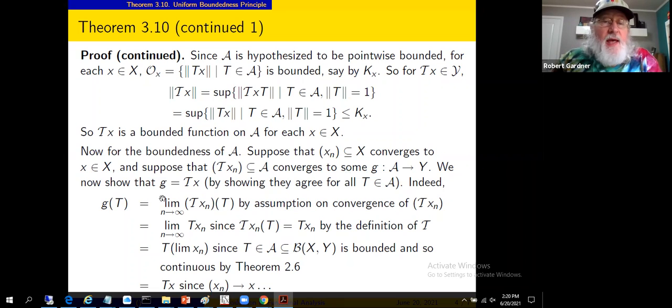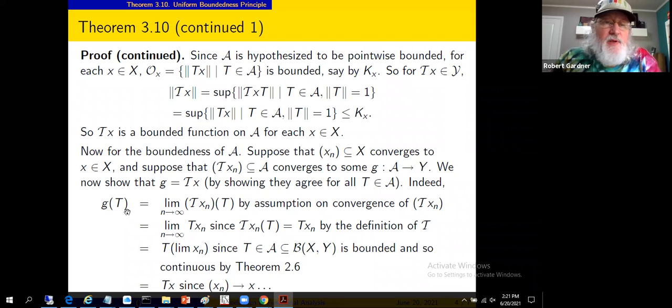We're going to show that G equals calligraphy T of X. So in other words, the limit of this sequence must be T of the limit of the sequence of the X sub n's. So if the X sub n's converge to X, then this stuff must converge to T of X. That's what we're showing. So we're taking G to be T of X. We're going to show that that actually equals